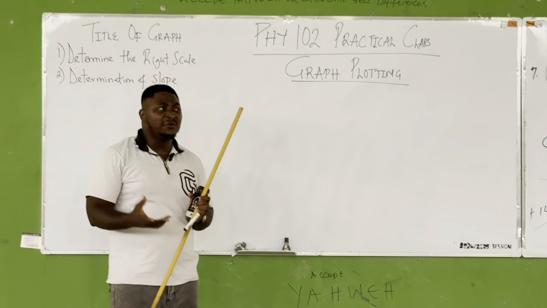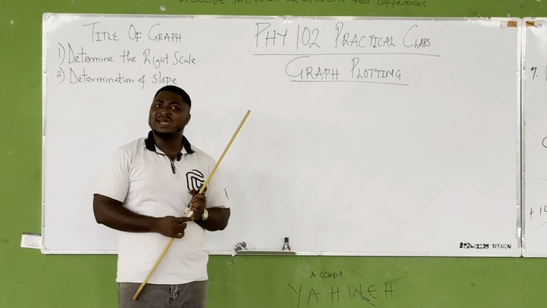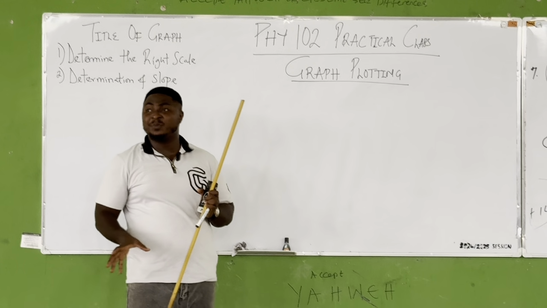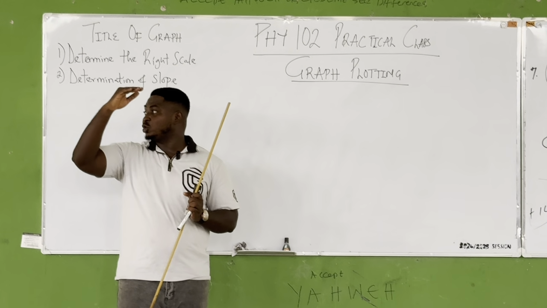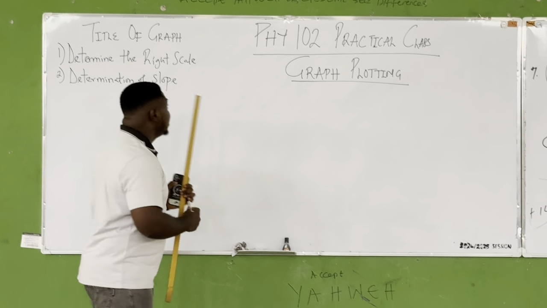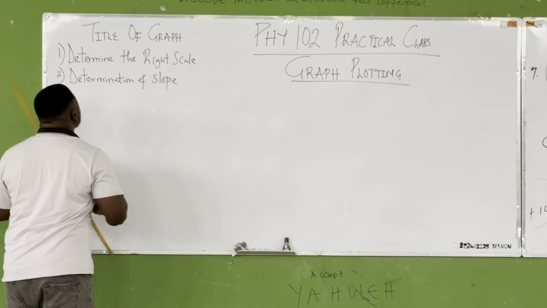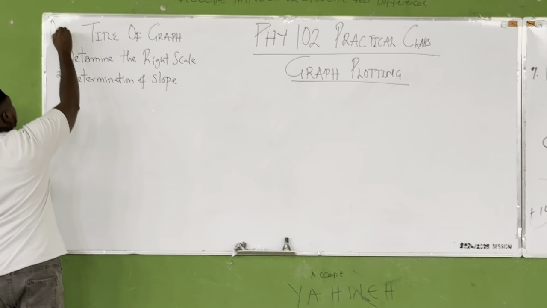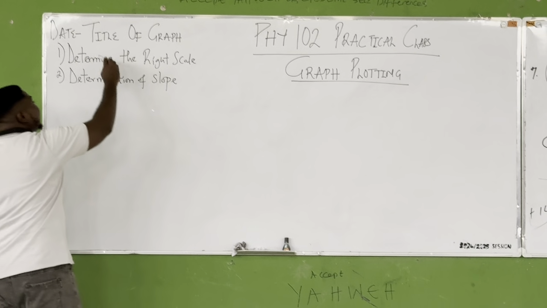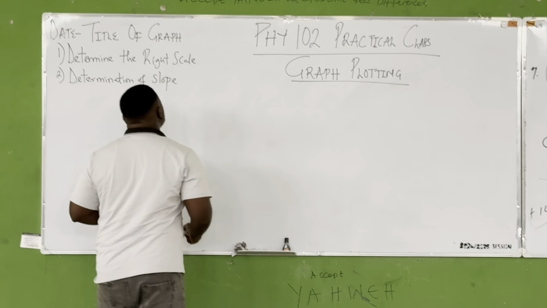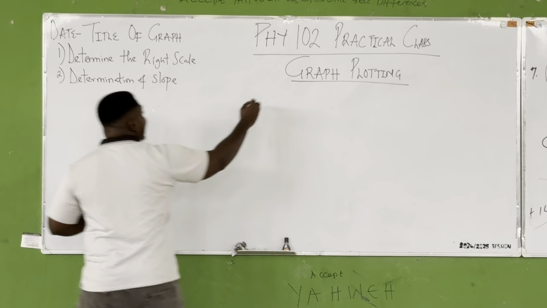So it's your job, even for secondary school, to write down the scale. Where do you put the scale? The scale should be below, while the graph title should be up. So you write the title of the graph. Of course, there's a space in your graph sheet for your date. Then the title of your graph, you can say graph of